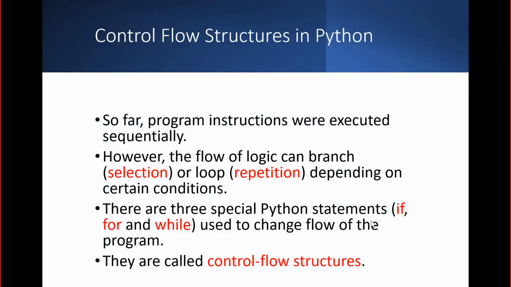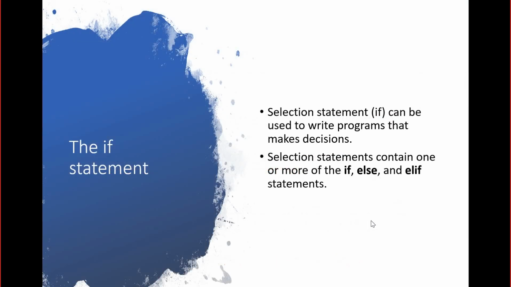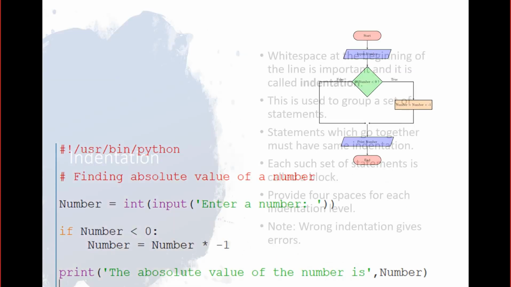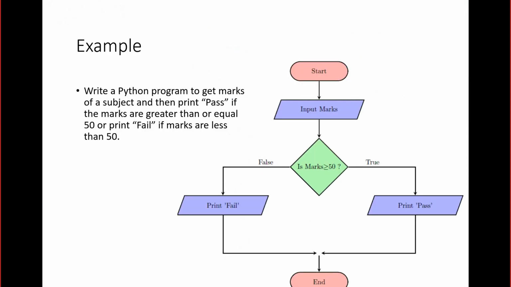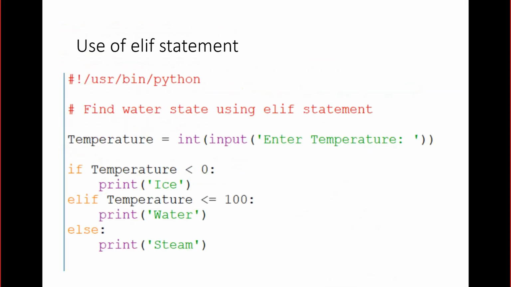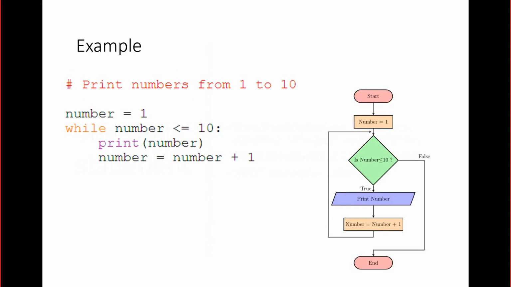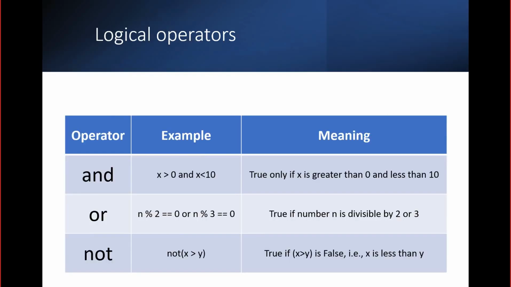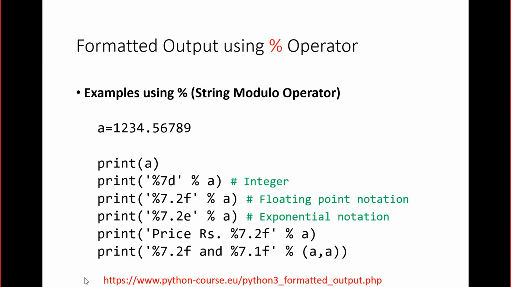And once you are ready with that, we are going to look at selections, and then we will look at repetitions. Okay, so this is my plan for next week, and I'll be sharing